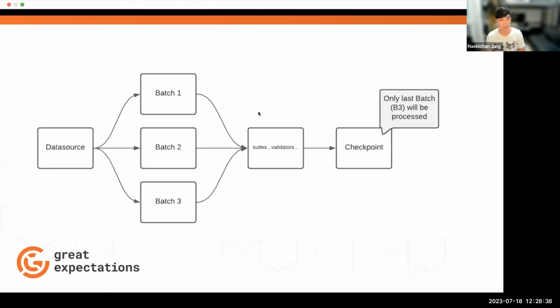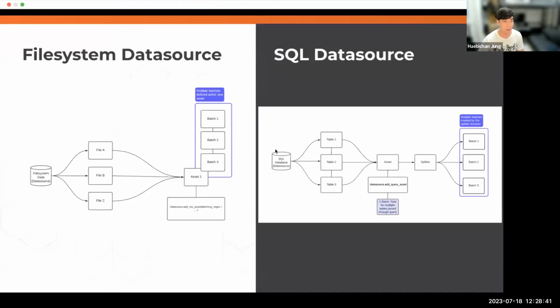One of the solutions that we've seen, if you can move on to the next one, Josh, actually before that, we've seen this error whether you're dealing with the file system data source, that is to say you have data on your local desktop in different files, or your data is coming straight from BigQuery or Redshift, whatever. It just causes an error. So it's not that this issue is happening with one particular form of data source. It's happening on all these systems. If you can move on to the next one, Josh.